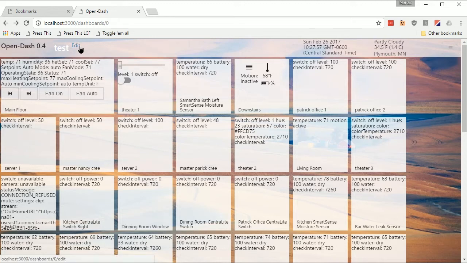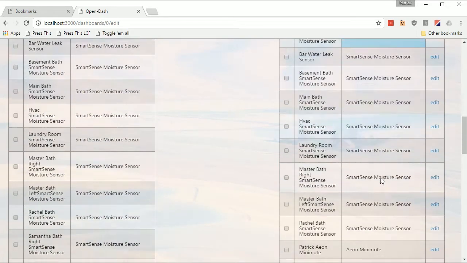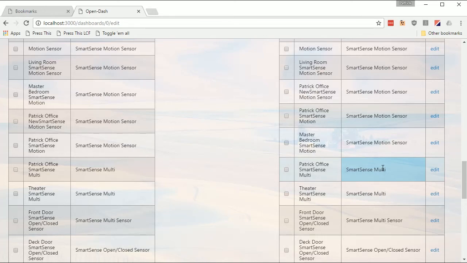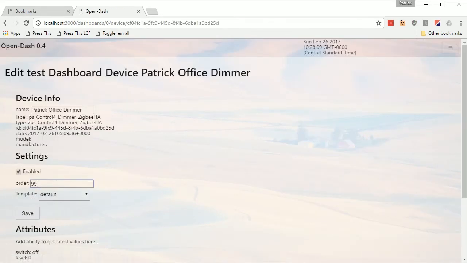I happen to have a light here in my office. It's called Patrick's Office Dimmer. Let me see if I can find it real quick. There it is. Oh, sure, it's all the way at the bottom. I'm going to give this an order of 3. I'm going to give it